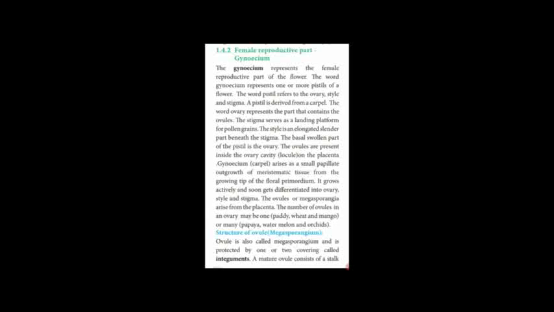The ovules are present inside the locule or chamber and also attached or embedded on the tissue region called placenta. This is the structure of gynoecium: ovary, style, stigma. The basal portion is called ovary. The slender stalk-like portion is called style. At the tip they are having stigma. Stigma is the landing platform for pollen grains.